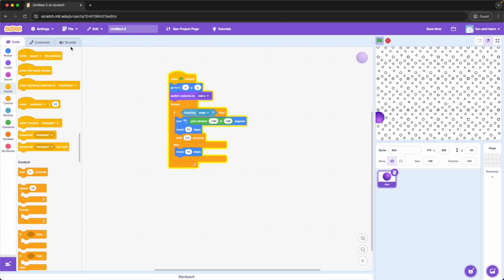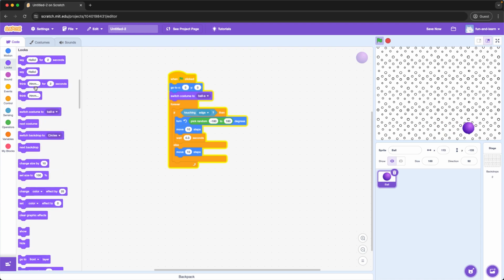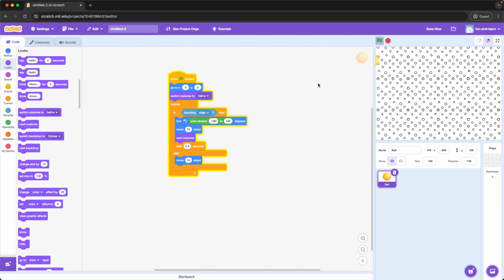Next, this looks a little boring, right? So we go to this category and get a switch costume to. Let's do a next costume block and then remove this. Looks good. Except one thing I want